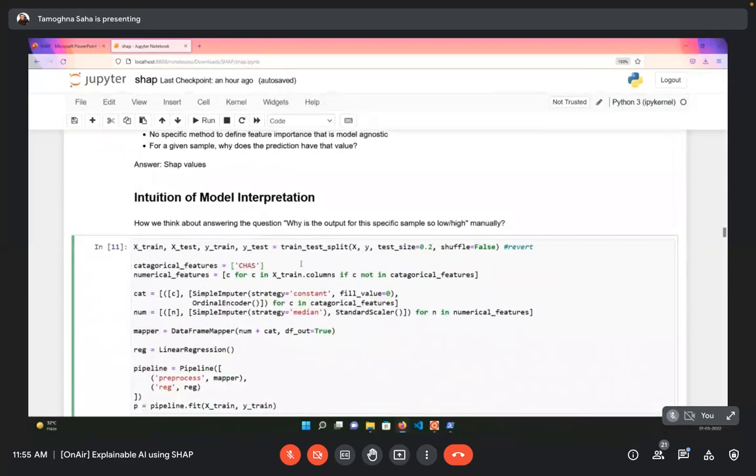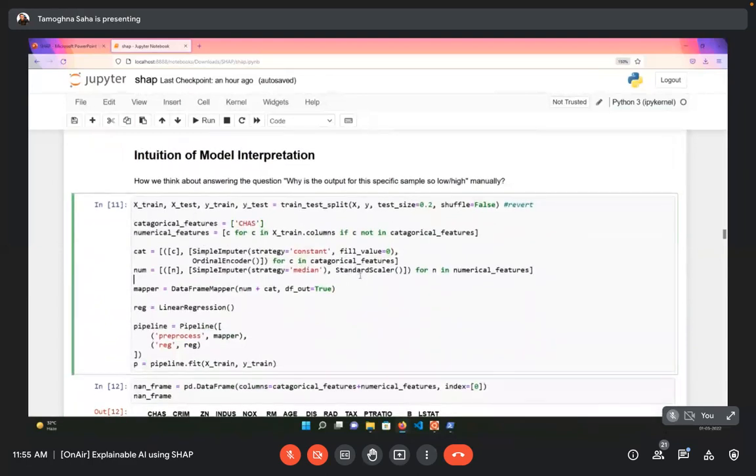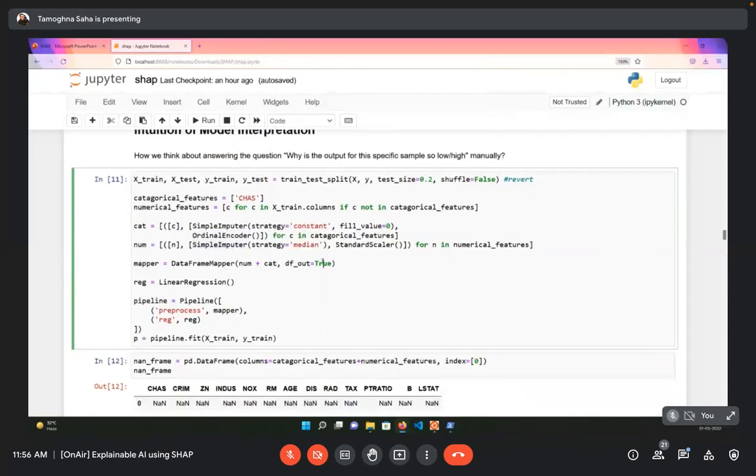Now, just to get the intuition of how we are going to make that SHAP part work, similarly to the linear regression model that we were using, let's go ahead with that part. For the numerical columns, we had a similar implementation: simple imputer with strategy median, replacing null values with the median, and then performing standard scaler. For the categorical columns, we're making a small change. We are going to impute missing values of categorical columns with the value 0, and then we are going to do an ordinal encoder just for scaling purposes. Once we run this, we get a pipeline ready.